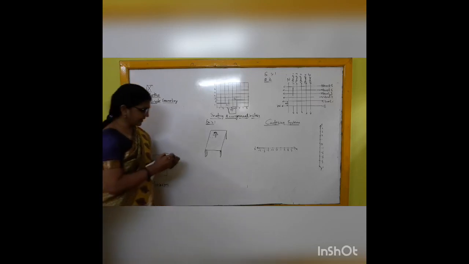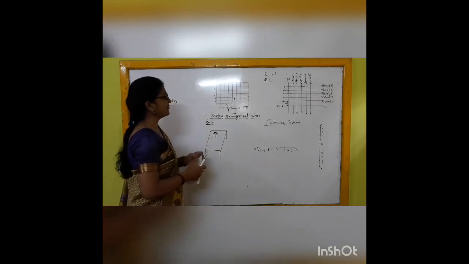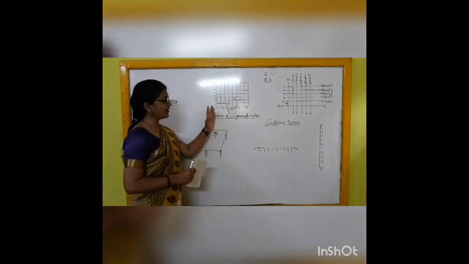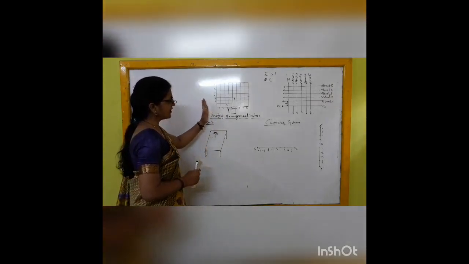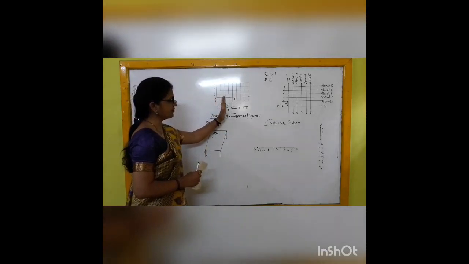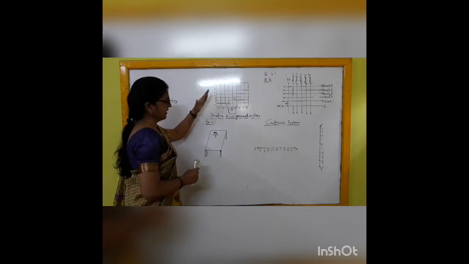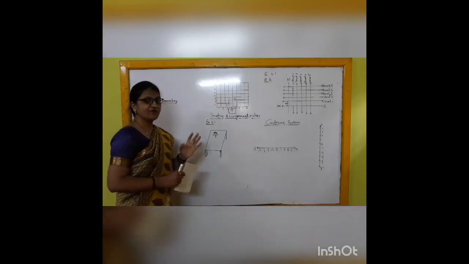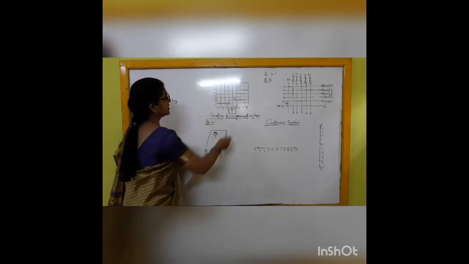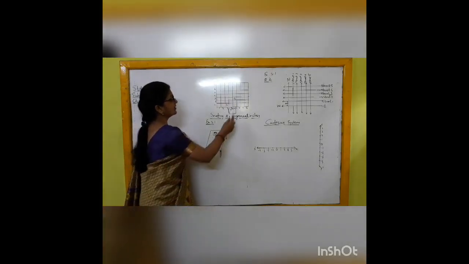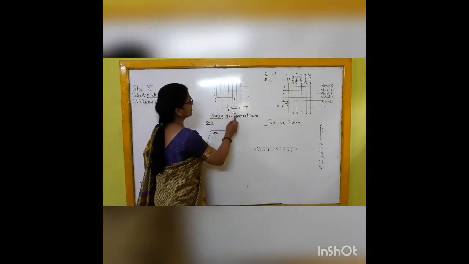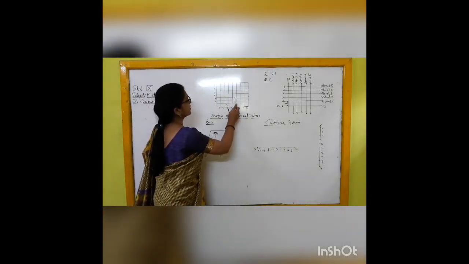Now the next example is that of the sitting arrangement of a classroom. Here there are different columns, columns 1, 2, 3, 4, 5, 6, 7, 8, while 7 rows are there. If you want to find out the position of one particular student, suppose the student is sitting here. Here the teacher's position is 5th. The student is sitting here, in the 5th column by 3rd row. So you can write it as 5, 3.